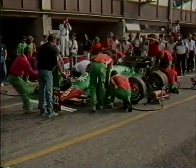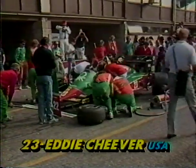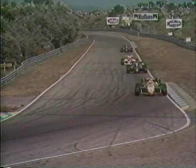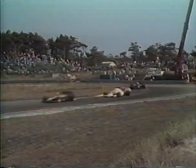We've got Eddie Cheever, the American, into the pits with the Alfa Romeo. He's getting a fresh set of tyres. Cheever currently running in 10th place. If this is a quick stop, he may get out without losing his place. He's had a quick shouted word with the team manager, Signor Tonti. It's off the jacks, and on goes the power. Spinning of the wheels out of the pits again, and now we're back with this wonderful 3rd place battle, which